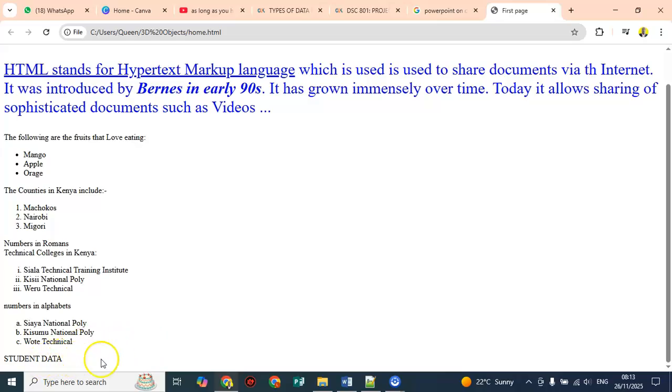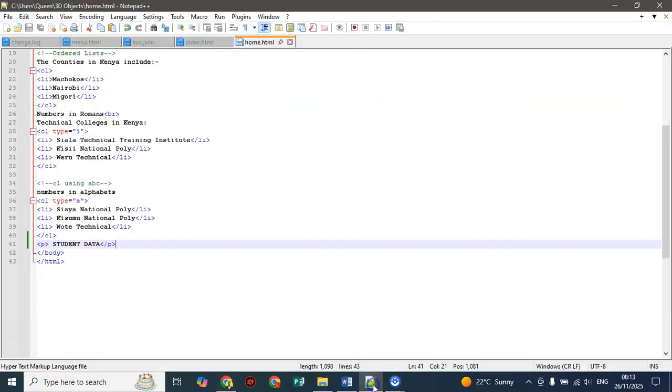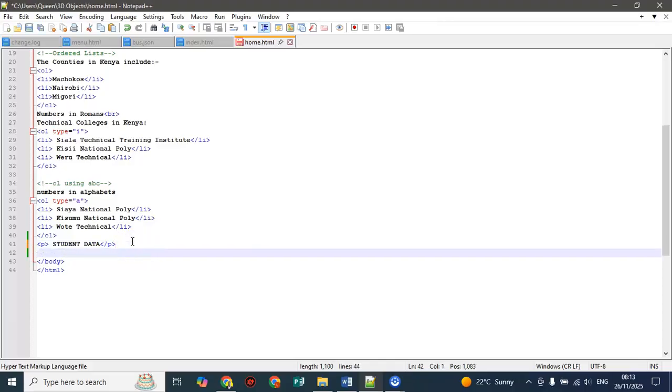So we want to have a table, and in tables you will have to use what they call a keyword table, which is known by the browser. I want you to know that a table is simply a combination of rows and columns. Rows are the ones that run horizontally, and columns are the ones that run vertically. So how do you do that? Then of course your table will have headers. So you use this table